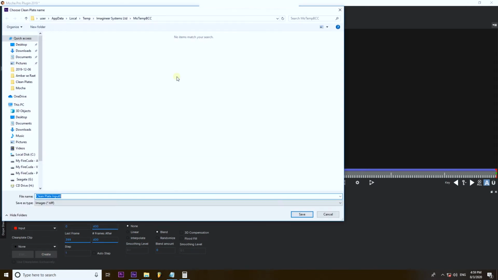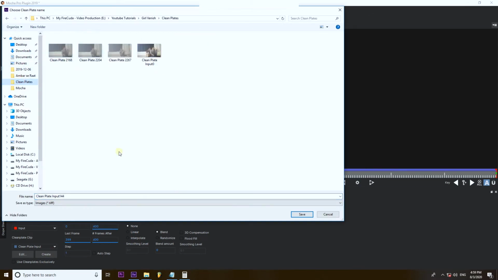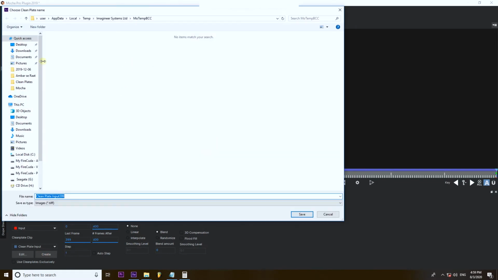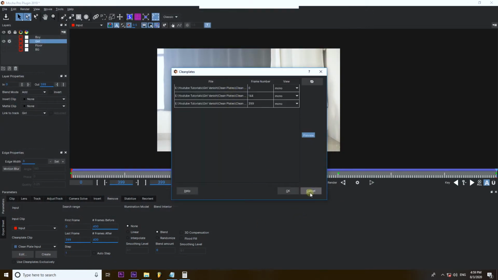Save it somewhere. We need to create few more. Create at start, at mid and in the end of the clip. If you click on edit, you will see all the created clean plates.